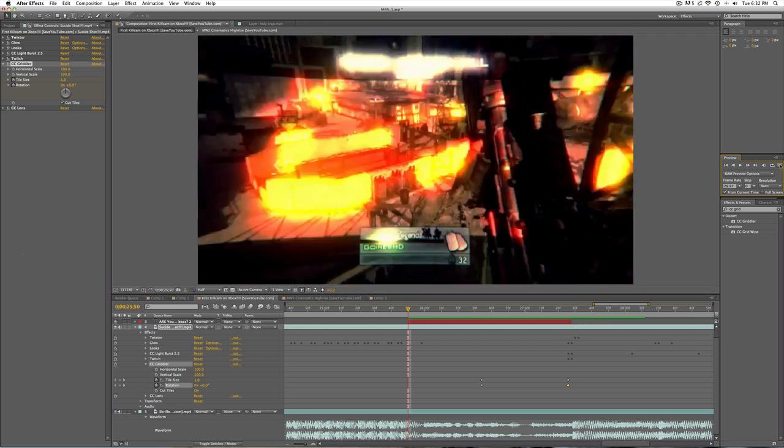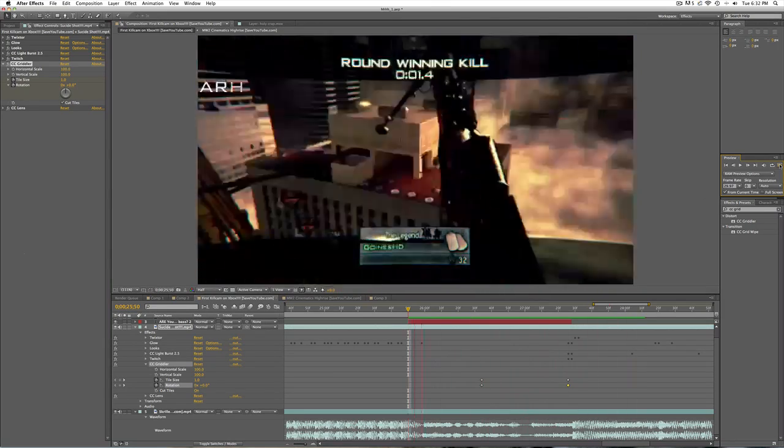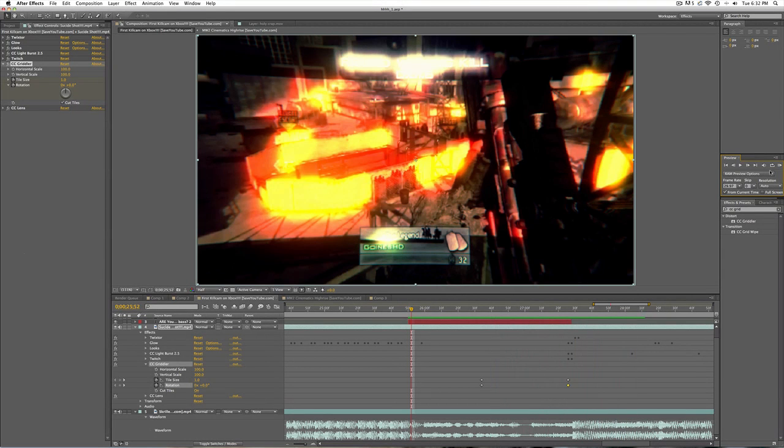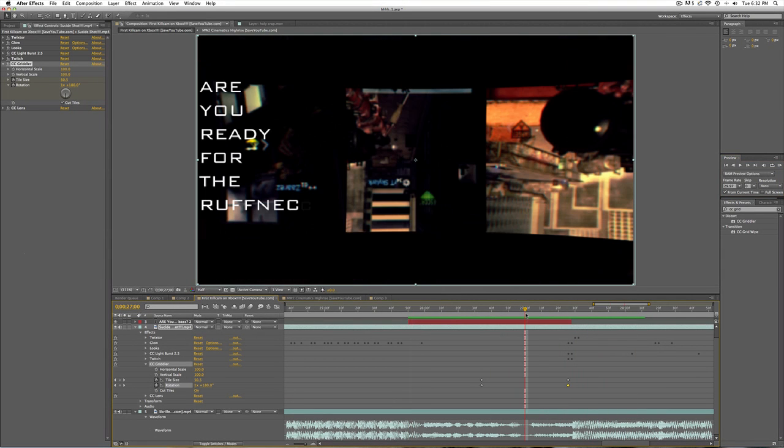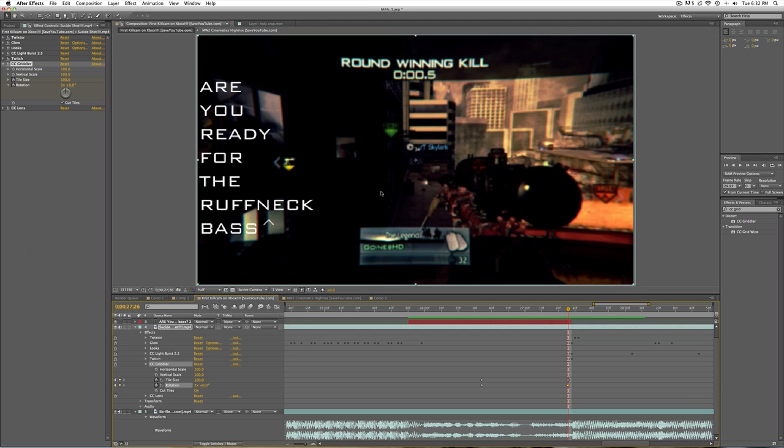Another thing I did was add the little text. That's not exactly how I had it, mainly because I screwed up in the middle and did something, but I really like how it looks. Also, I put little text right here because, I don't know, it kind of added emphasis. And if you don't know how to make it come in, I'll just do that real fast. Basically, you just type your text,